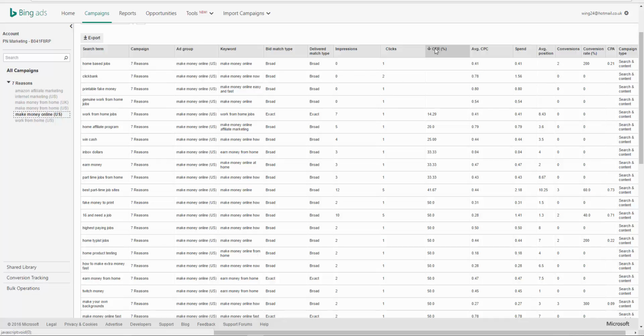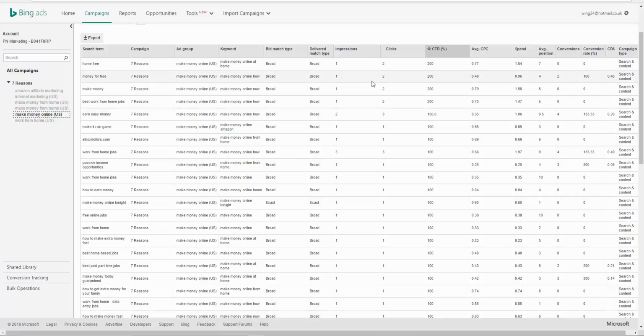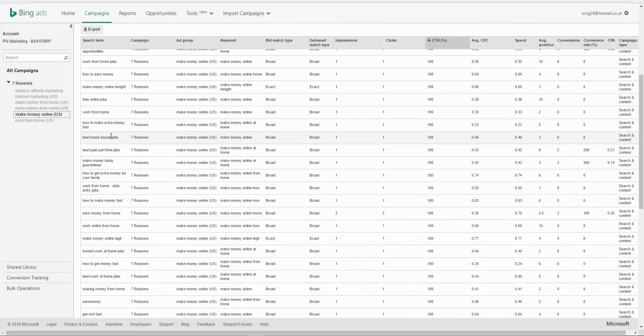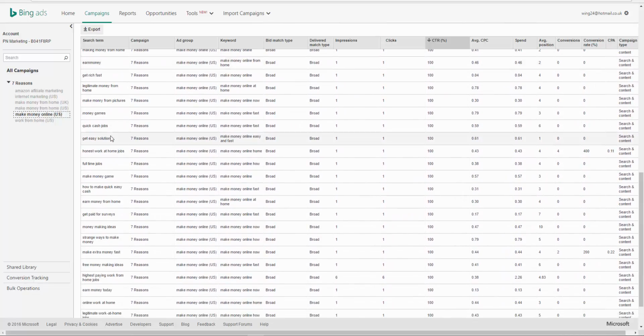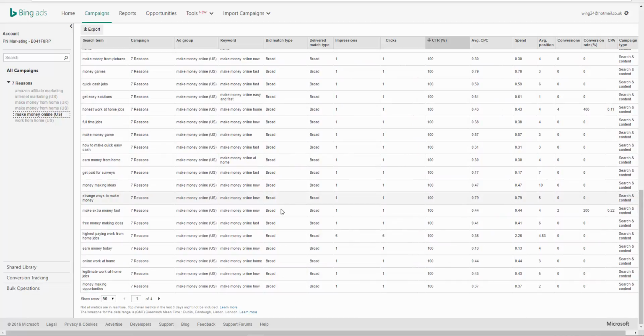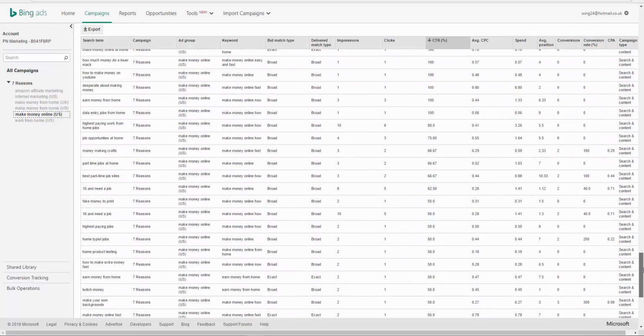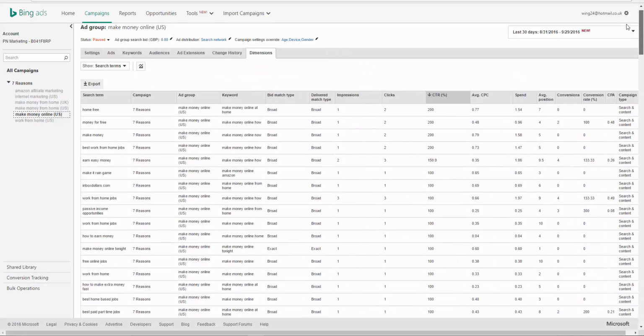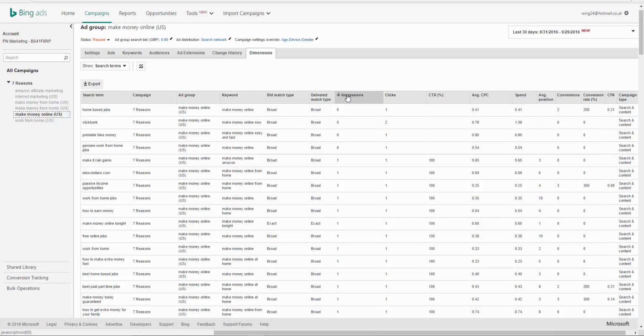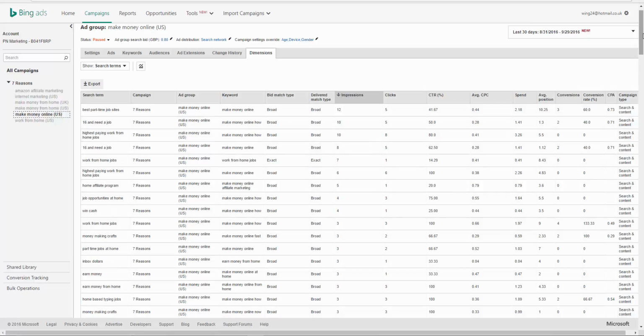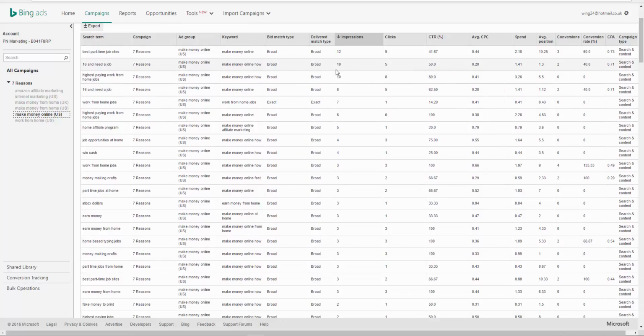it should change just in a second. There you go. Right, we don't want some of these because they don't make sense. What we're going to do is go down the list a little bit. We want ones where we've actually generated a fair few impressions, not just one impression, because that's a little bit inaccurate. What might be easier is if we change impressions to highest to lowest, and then we can look at the keywords that have got the highest CTR. You see here,